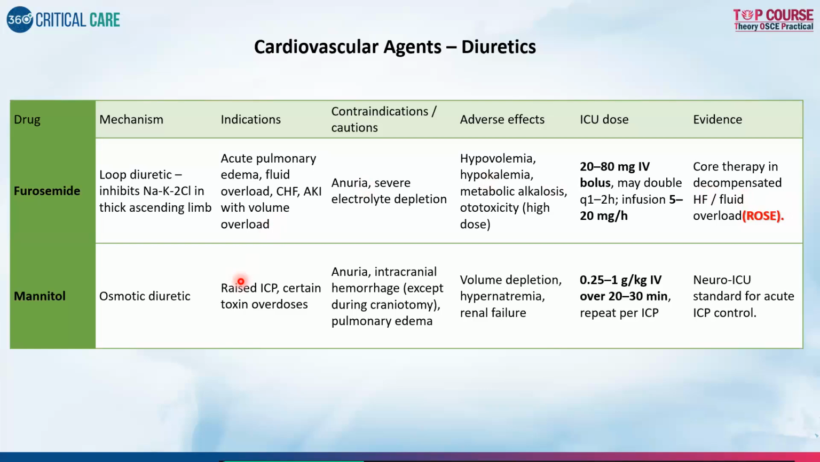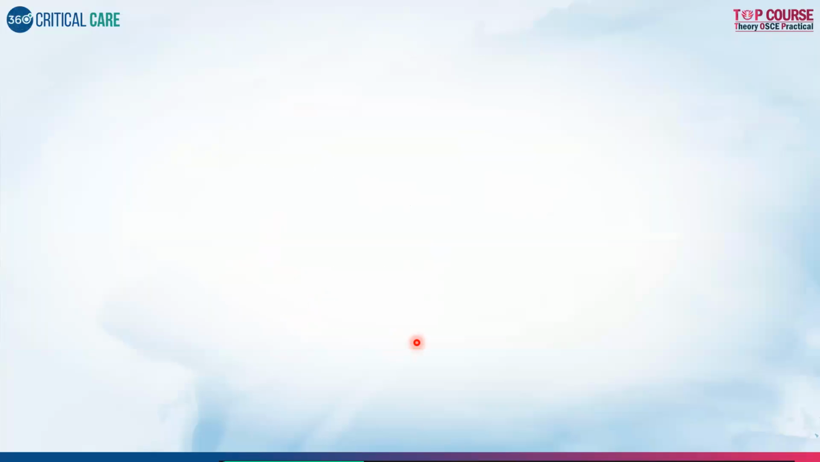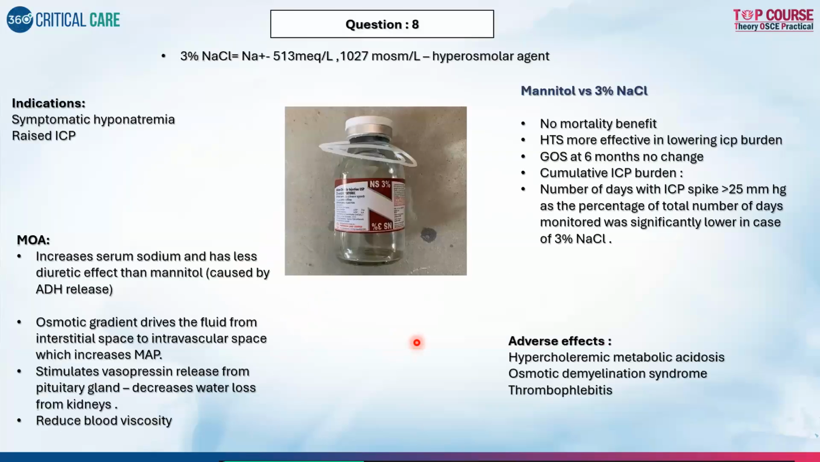Mannitol, it is an osmotic diuretic. It raises the ICP, certain toxin overdoses it is used, and it causes volume depletion, hypernatremia, renal failure. It is given as a dose of 0.25 to 1 gram per kg IV over 20 to 30 minutes. So basically for ICP control, we normally use it. And if we are talking about mannitol, we have to talk about what is called as 3% sodium chloride, which